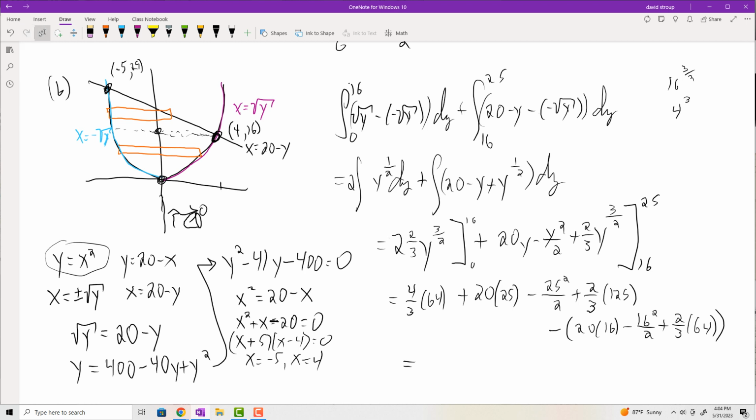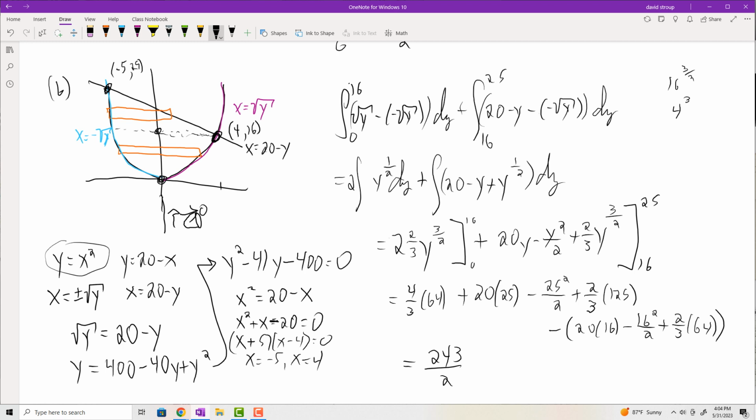So, do I have the right mode? Yeah. So 4/3 times 64 plus 20 times 25 minus 25 squared over 2 is 2/3 times 125 minus 20 times 16 plus 16. I'm distributing the negative, minus 2/3 times 64. Drum roll, and it's 2, yeah, I got it. So it's